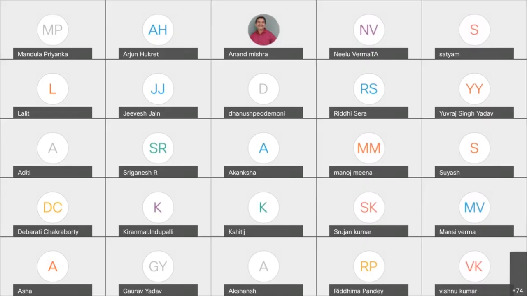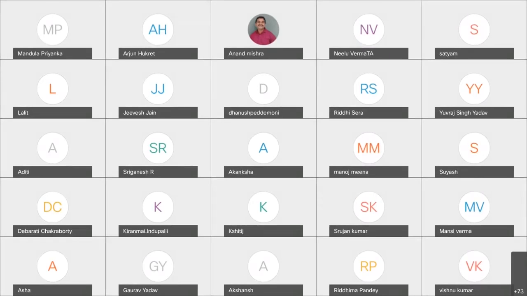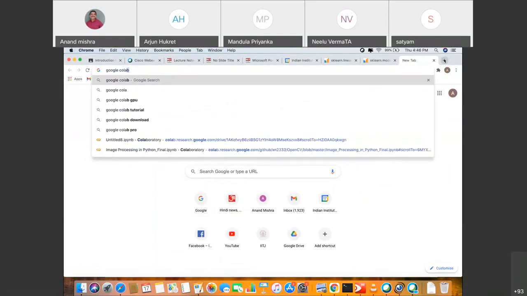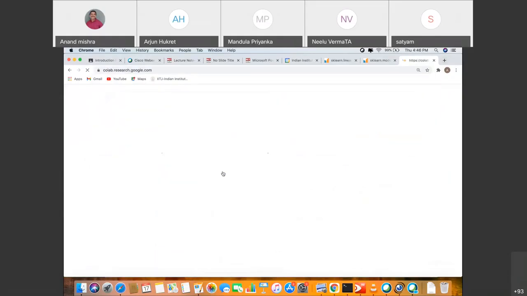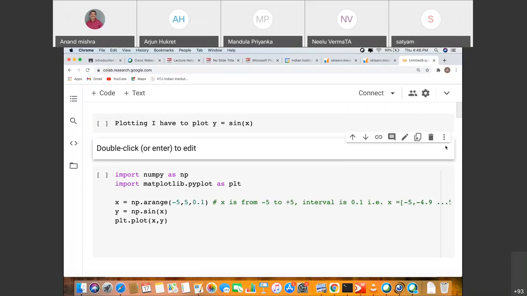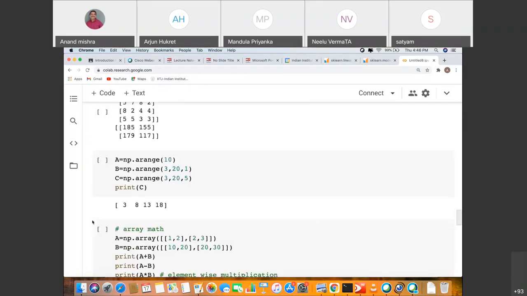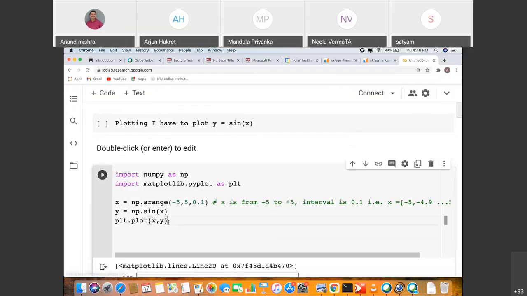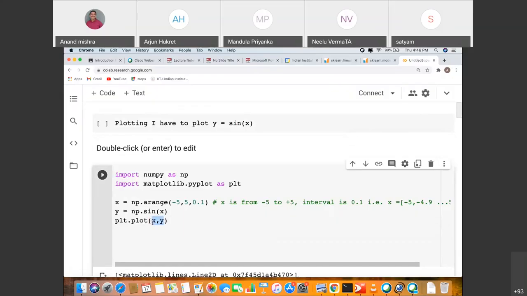Okay, let me try to do that. So instead of this, now you are saying I'm going to plot y is equal to 1 upon x.